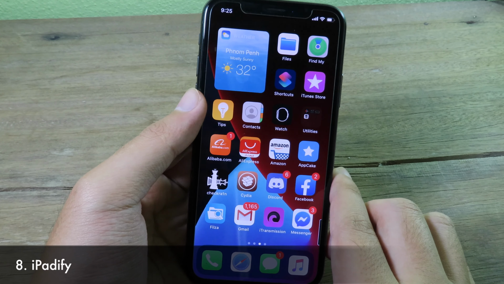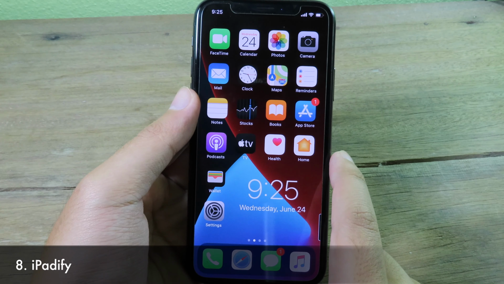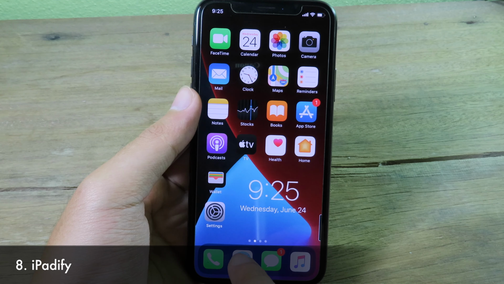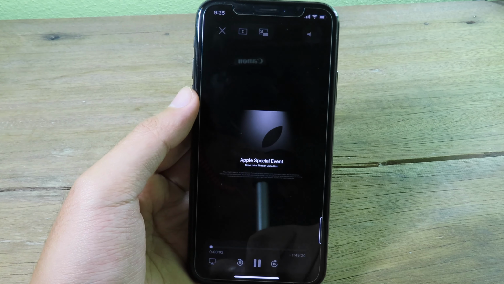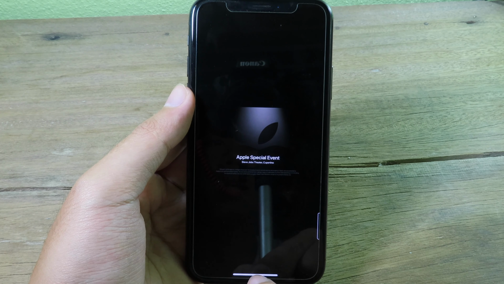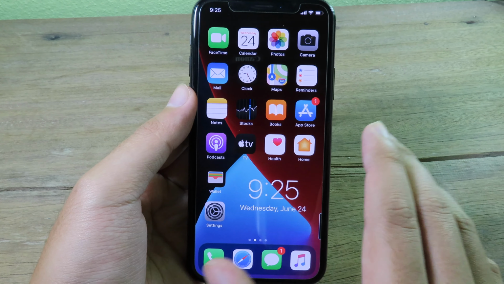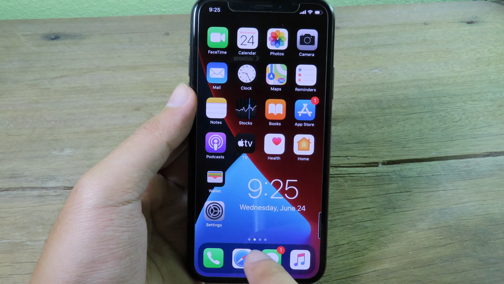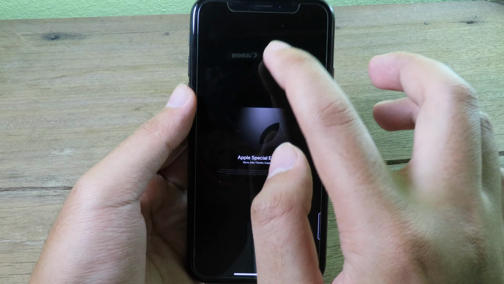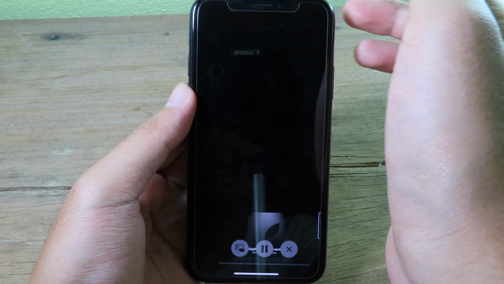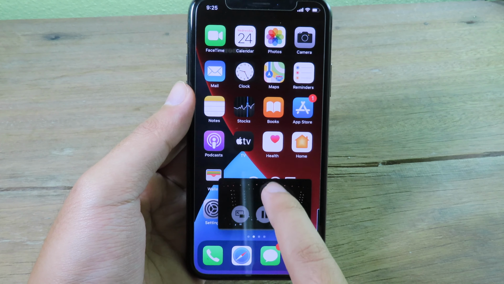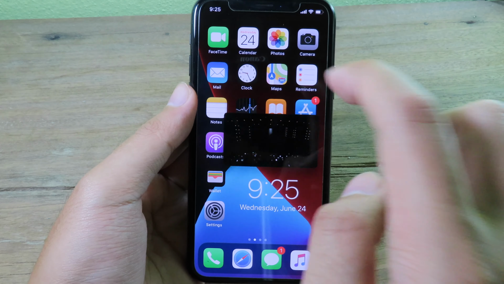You probably heard about this tweak already. This is the tweak that adds picture-in-picture mode to Safari. So if you watch a video from Safari, you can click the button here, but from iOS 14 you can just swipe like that and it's going to go to picture-in-picture mode straight away. But for the tweak, at least it does picture-in-picture mode where you can manually click on the top here. You're going to see the picture-in-picture mode button, then you're going to go back, and it has the same feature as iOS 14